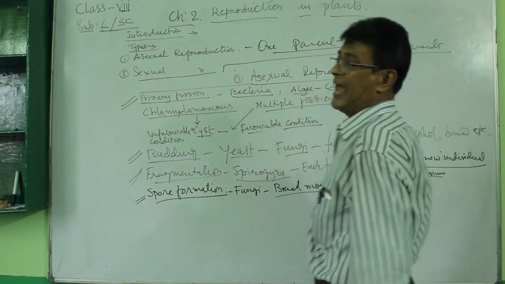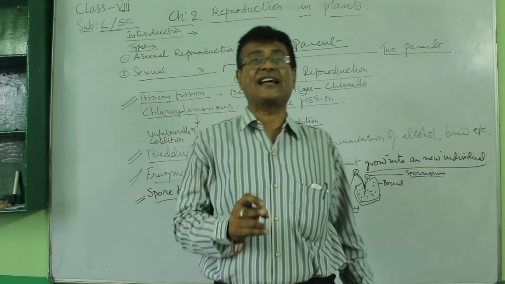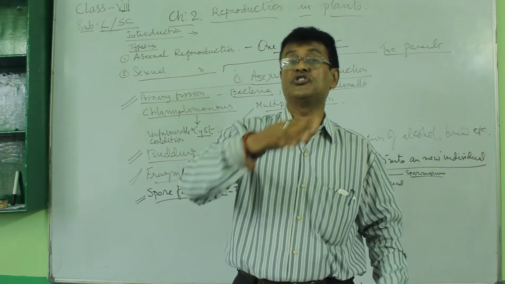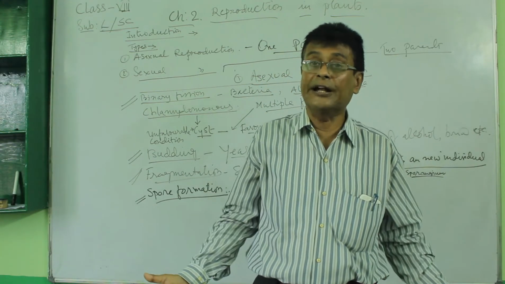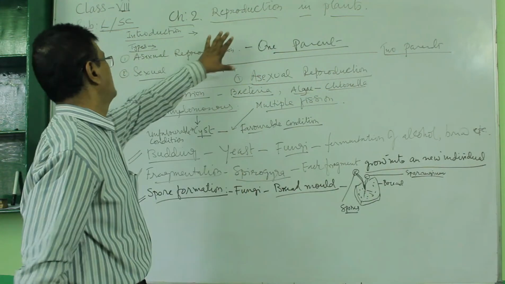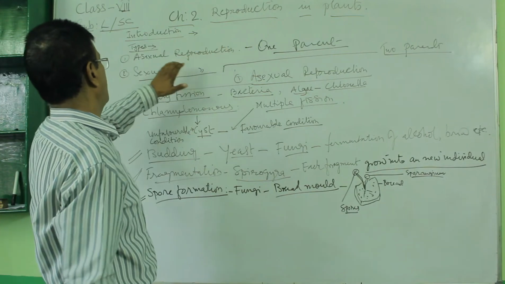Here, the male and the female sex cells get together to form a zygote, which develops into the new organism later on. Now, let us discuss the first one, the one-parent reproduction, which is known as